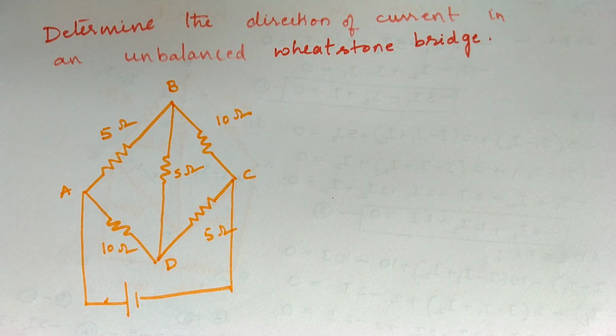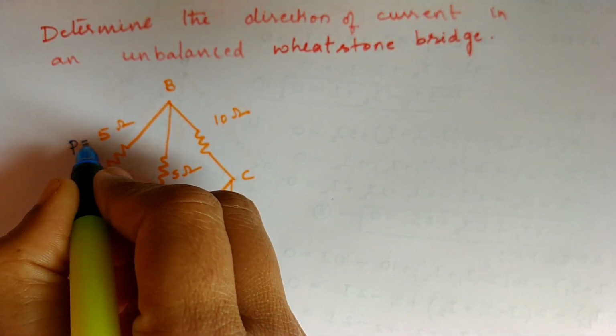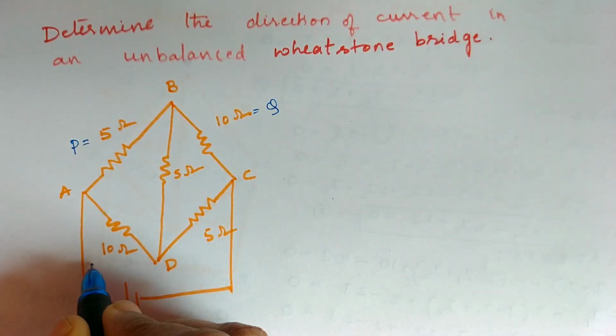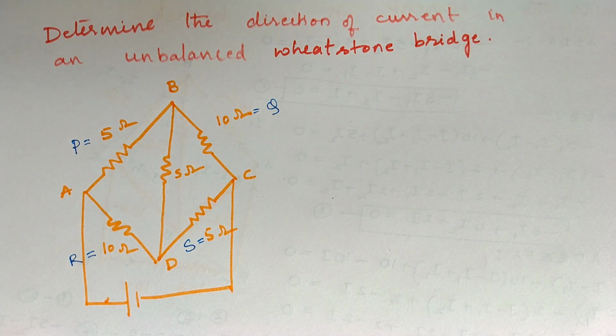So in this question, we have to find the direction of current in an unbalanced Wheatstone bridge. It is actually the same question I gave you in the previous case. But here I am going to derive one condition to show what will be the direction of current in that central resistor, for a given arrangement of resistors, but it is an unbalanced Wheatstone bridge. So before that, I will name them as P, this as Q, let this resistance be R, and let this be named as S. Because we are going to generalize and find one formula or condition, and that condition you can apply to find the direction of current without doing all these calculations.